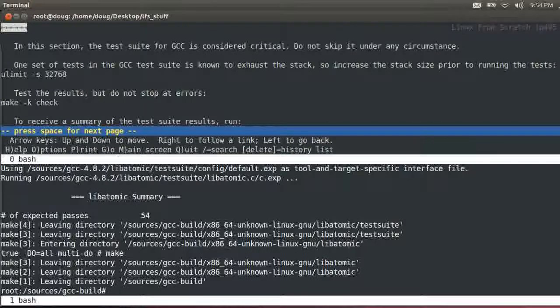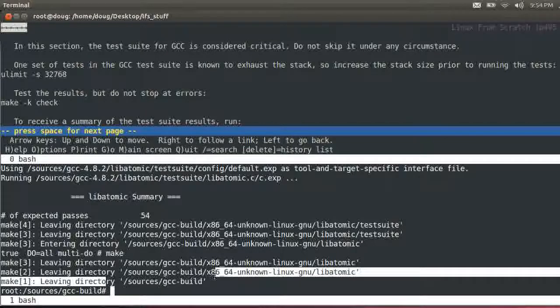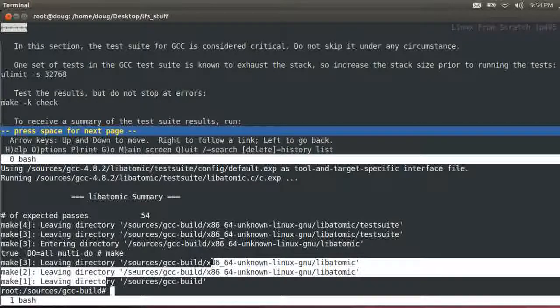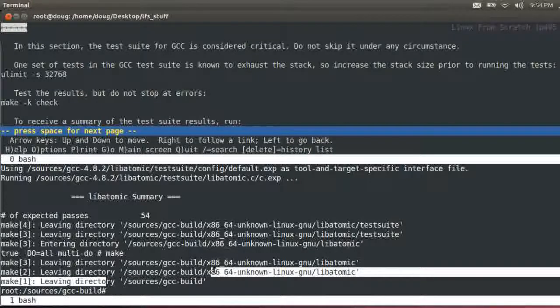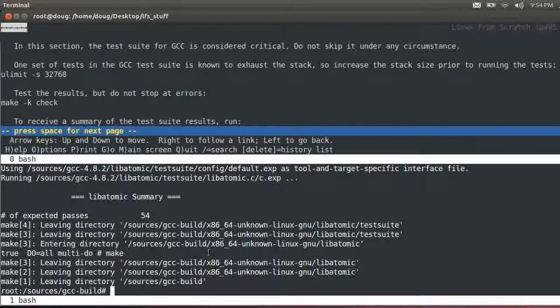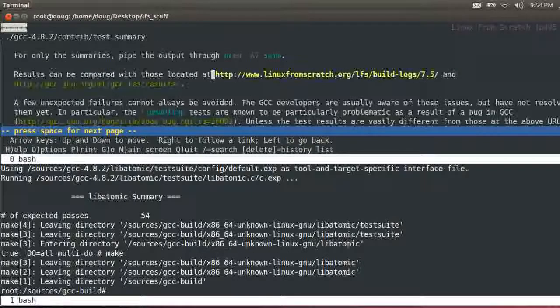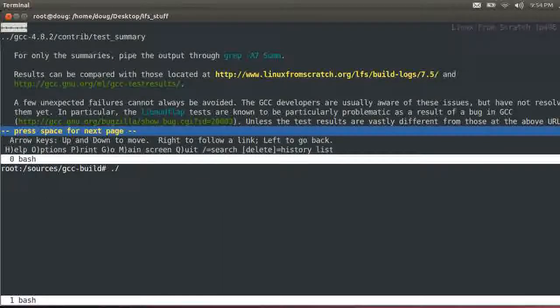Hopefully you should have got something like this at the very end. Like I said, it was kind of lengthy, but we should be okay. Ran make -k check. Now it says to receive a summary of the test suite results, we need to run... Let's clear this up. Need to run gcc